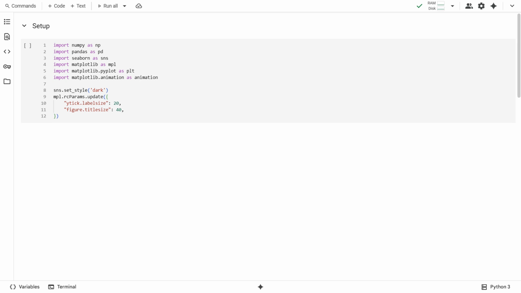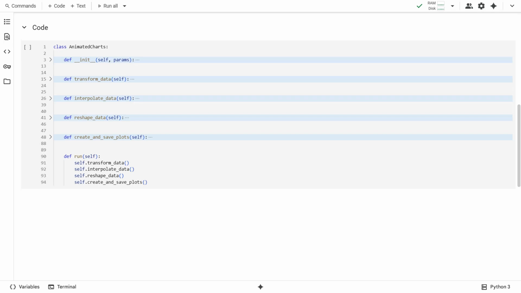We configure the Seaborn theme and set global parameters for Matplotlib plots. Setting global parameters helps in eliminating the redundancy. Else, we would have to set them every time we need a value other than the default. The code part contains the modularized code.